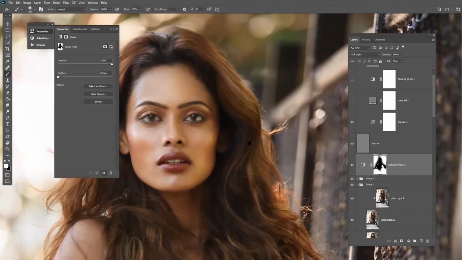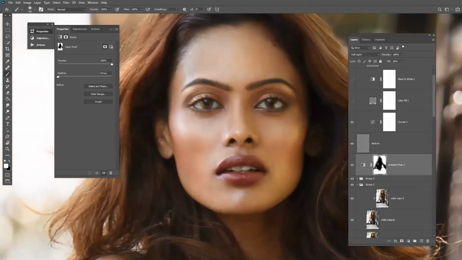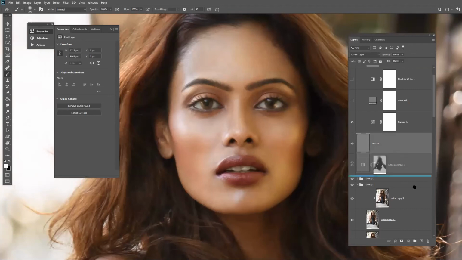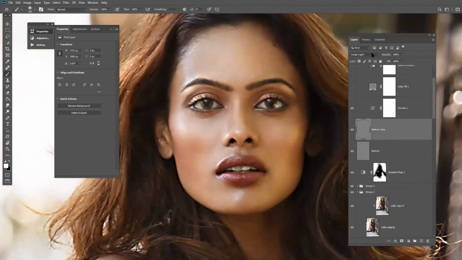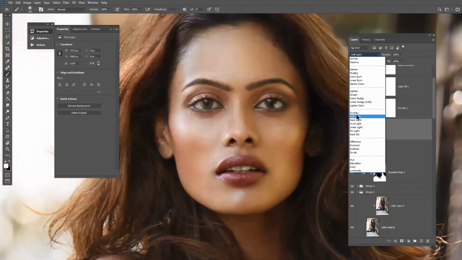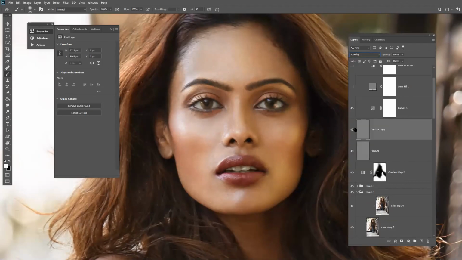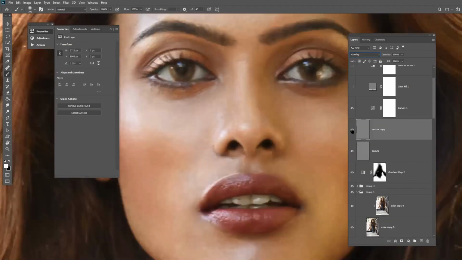So now one thing we can do, just to put in a little more sharpness, this is a texture layer, pull it down and just make it to overlay. If it's a soft image, now you can see the difference in the texture a little, sharpness. Can you see? Yes. And add a little noise.